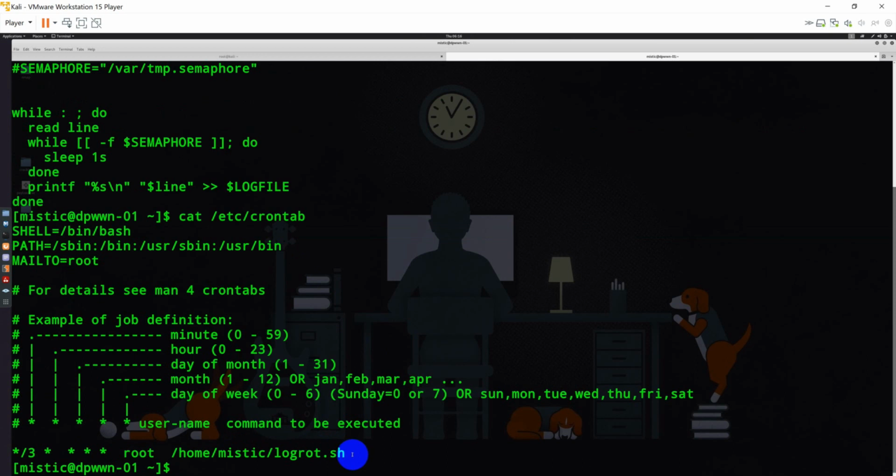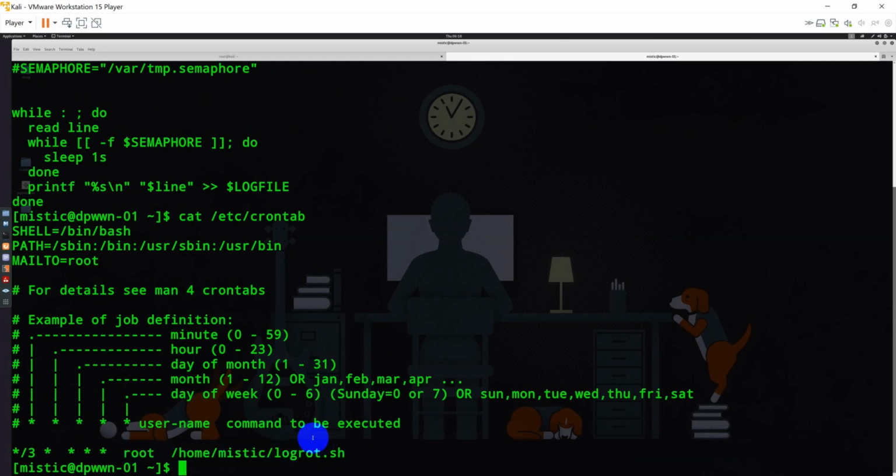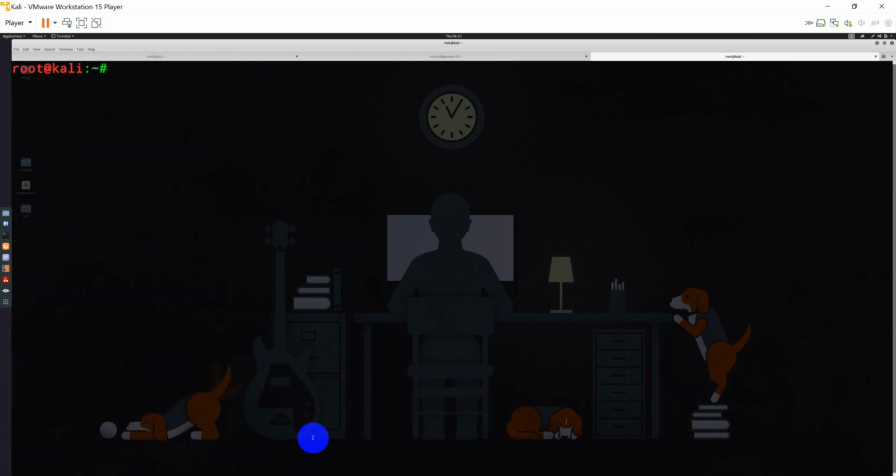I think this is running as the root user and taking from this specific location. Now this is a great hint because whatever we write inside log root.sh will be picked up and run by the root user. So let's go ahead and make a reverse shell and try to listen from our Kali also, so that we can get a root shell.